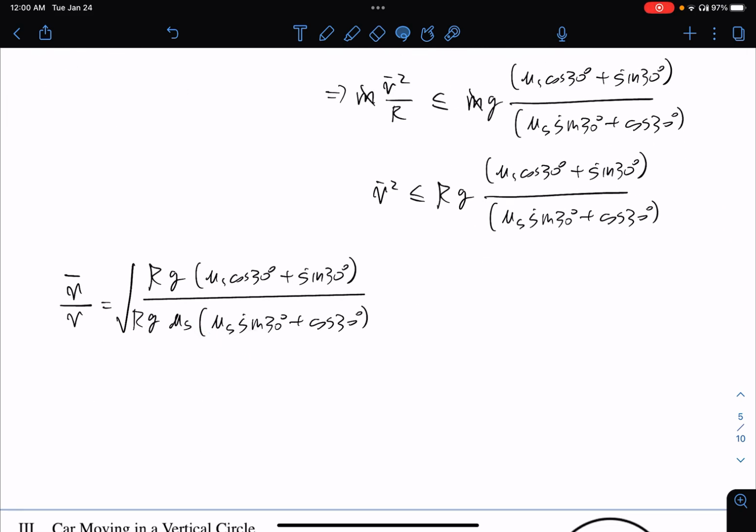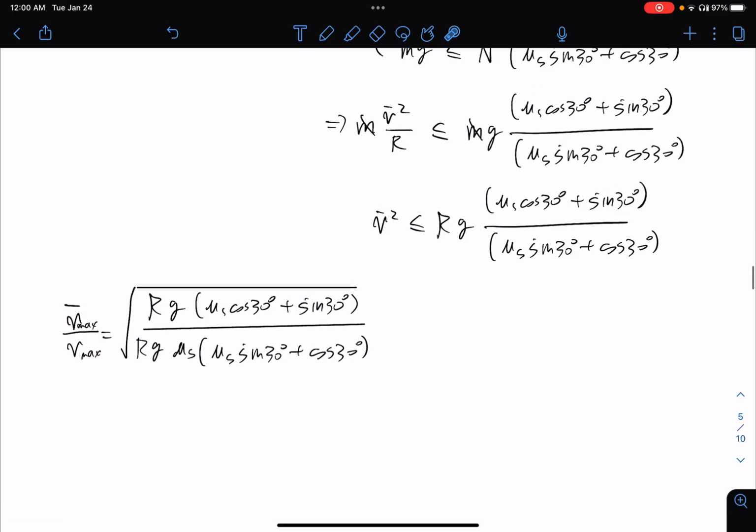So this is the ratio between the velocity squared, or the maximum velocity squared. This is the maximum, and now we have a square root because I want just the ratio between the maximum speeds. I can delete r and g now and plug in the numbers. I will have the mu s cancel each other first, because, alright, that's actually not easier, so let's just write mu s, and cosine